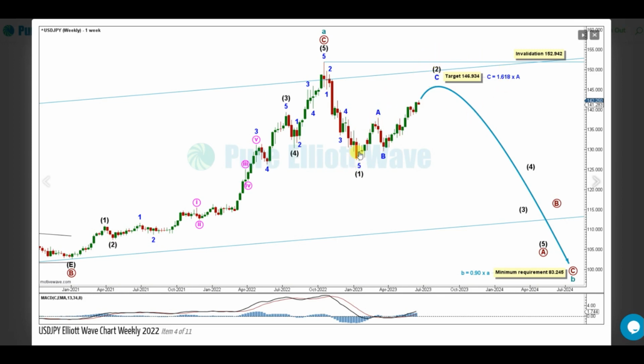This structure as a zigzag, very common for wave 2 position, also common to be sharp like this,